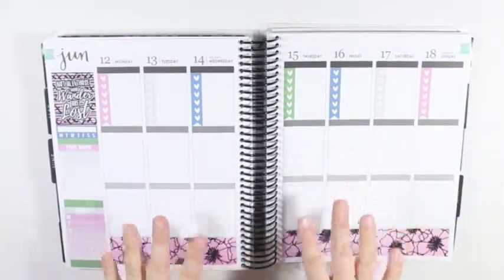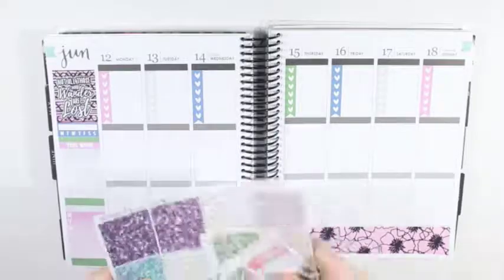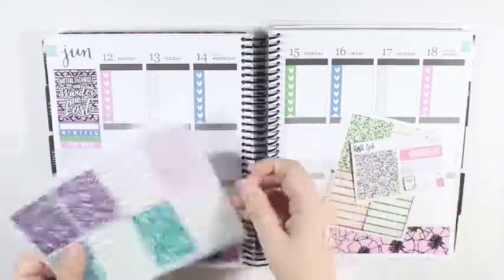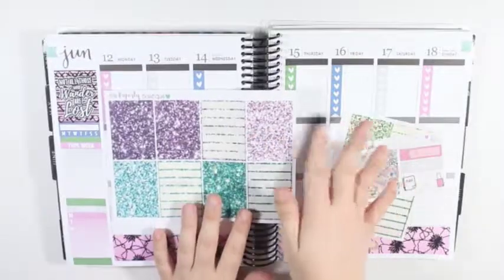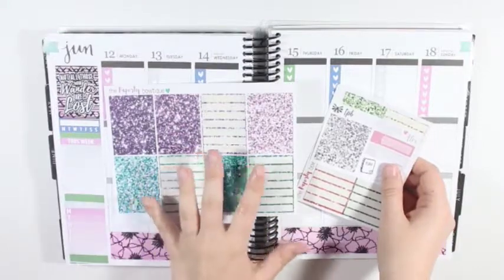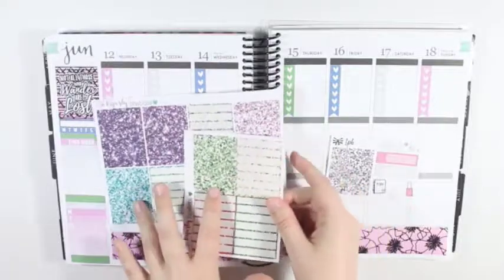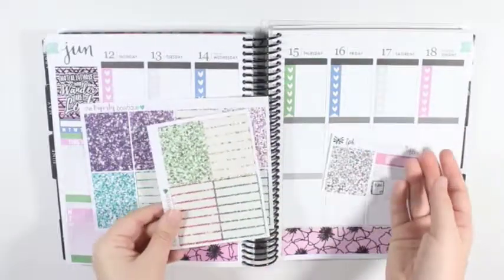So let me just make sure y'all are in frame. So now what I am going to do is, I have these 3 glitter headers. I have the purple one right here, which I figured goes pretty well with the pink in the kit, but it doesn't clash. And then all the actual pinks that I have would clash too much with the pinks in the kit. And then I have this green, which was actually from a Christmas kit, but I thought it would go pretty well. It doesn't match perfectly, but it doesn't clash either. And then I have